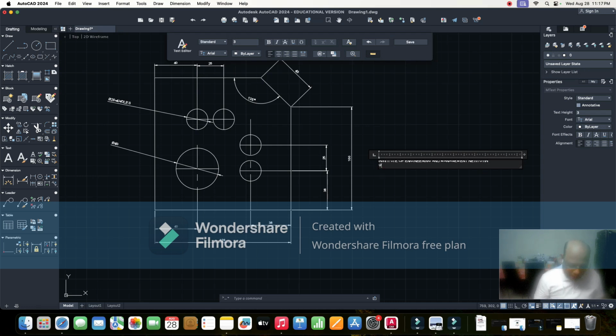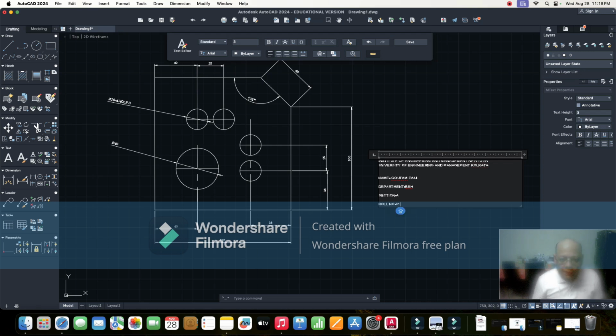On the second line, you have to write University of Kolkata. Okay. Then you have to write your name. Suppose I'm writing my name. Department, ESH, suppose, section A, roll number